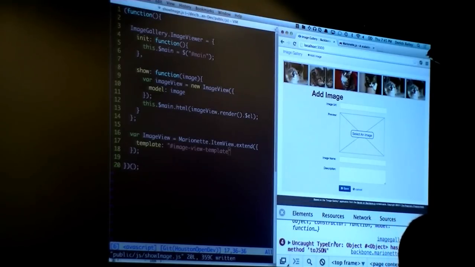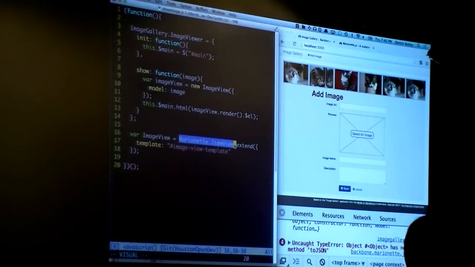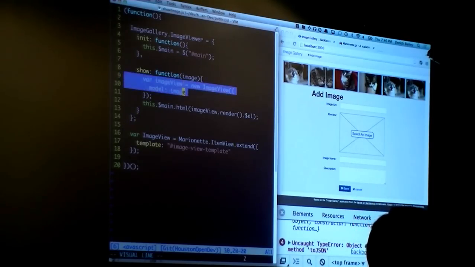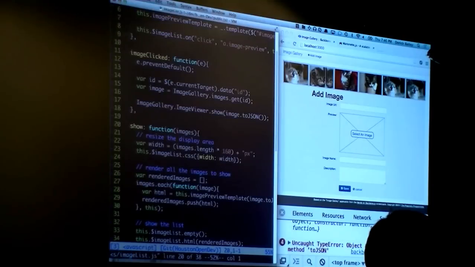So again, coming down to errors. What's happening now is my Marionette item view expects to work with a Backbone model. It expects there to be a toJSON method on that model. And at this point in time, the image that I'm passing into my image view instance is not a Backbone model. It's a raw JavaScript object, because if we look at the changes that we just made in our image list,